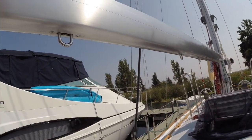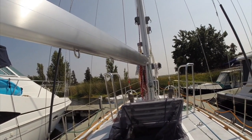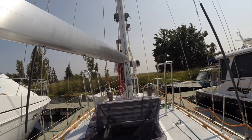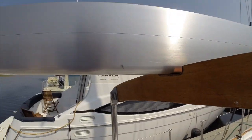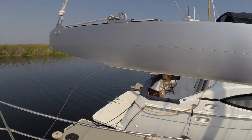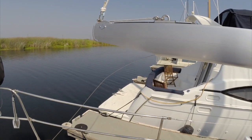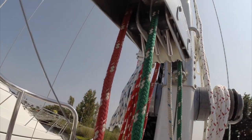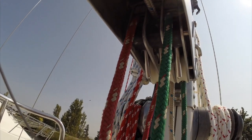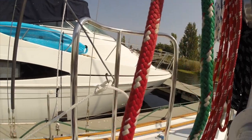We got all the boom bales installed. I just gotta hang the blocks and reeve the main sheet tackle. And I've already got my fish tape installed, and we're going to start hauling the reef lines. So here I've got the number 1 and number 2 reef lines, port and starboard. So I've got my fish tape,